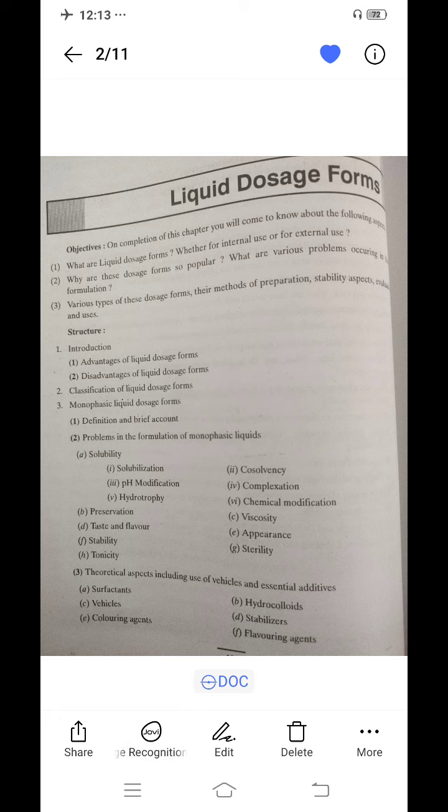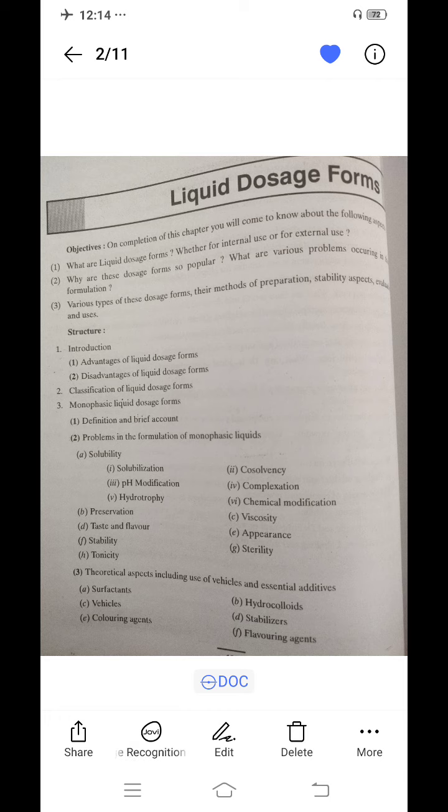Okay, and their strengths are: the concentration of phenol is just 0.5%, and chlorocresol should be used in a concentration of 0.05 to 0.1%, and the concentration of O-phenylphenol is 0.0005 to 0.01%. Alkyl esters should be used in 0.001 to 0.02%. Benzoic acid should be used in the range of 0.1 to 0.3%, and boric acid should be used between 0.5 to 1.0%, and sorbic acid should be used between 0.05 to 0.2%.